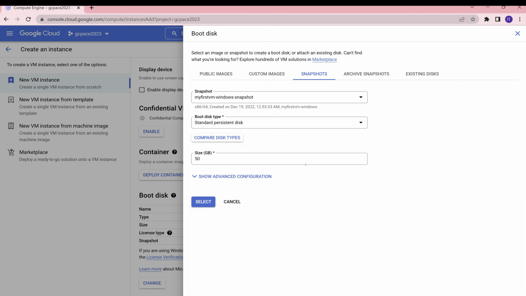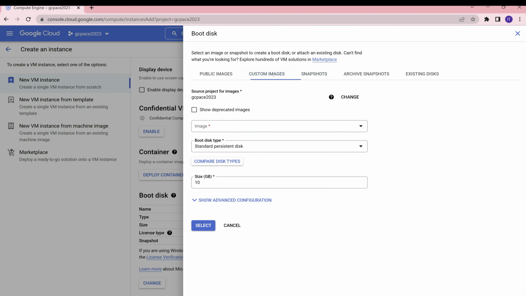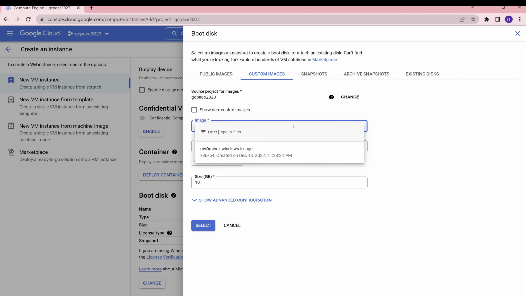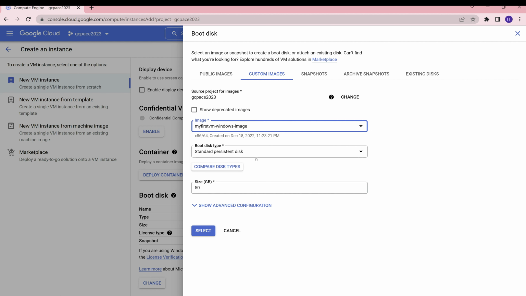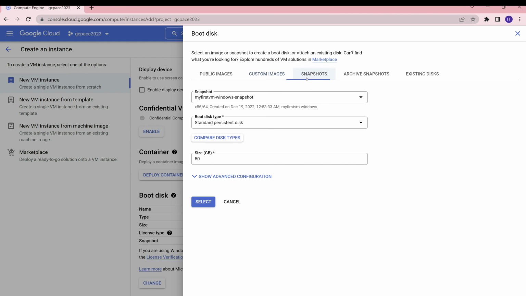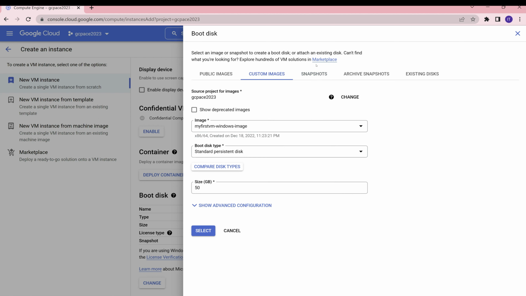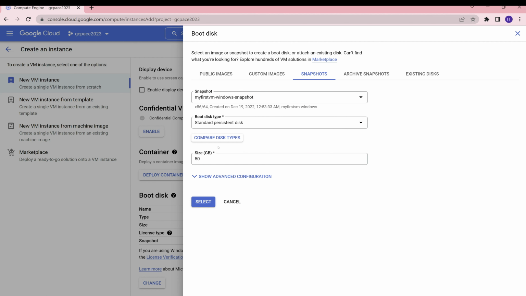Now let me cover another thing, custom images. Okay, I should have shown in my last lecture, but as I already missed it, so I'm showing it here. So if you have to choose your image. So image is, what is image? Remember my first virtual machine Windows image, this is the one. And same way you create the virtual machine. So I'm choosing my snapshot because we already created a virtual machine using the image. So I'm creating another virtual machine